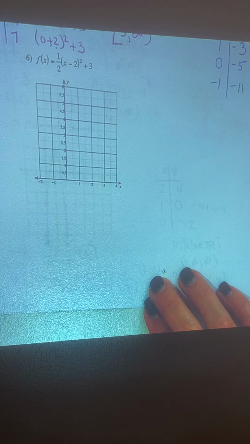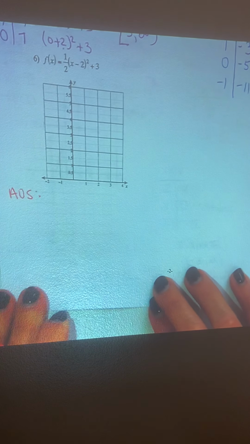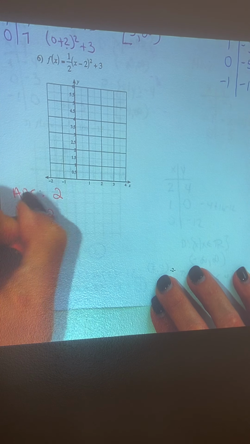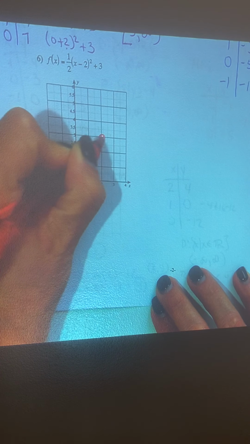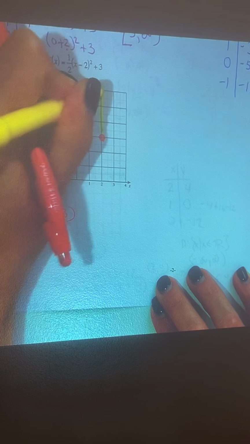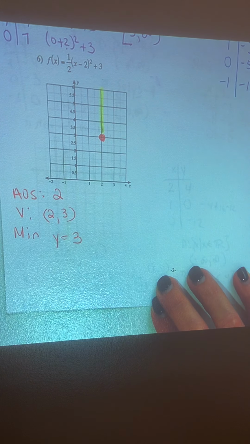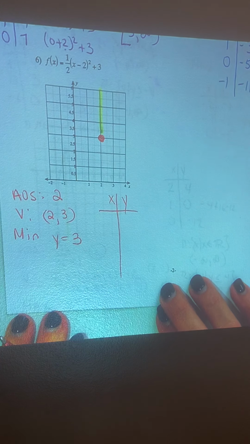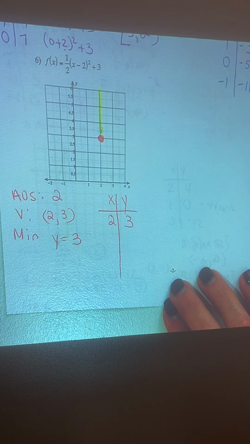Okay, last problem. AOS is opposite, 2. Vertex 2, 3. 2 and 3. Okay, we know it's pointing up. So it's a minimum, and the minimum value is 3. Okay, let's do an XY table. We have 2, 3 as our vertex. Let's plug in 0